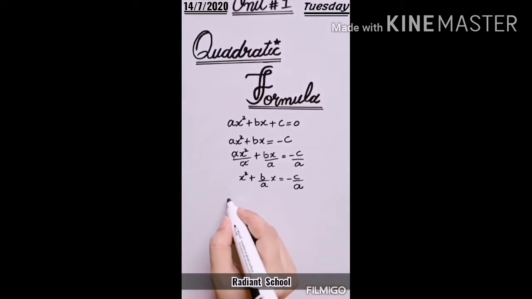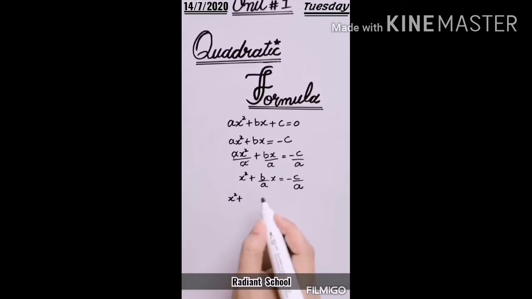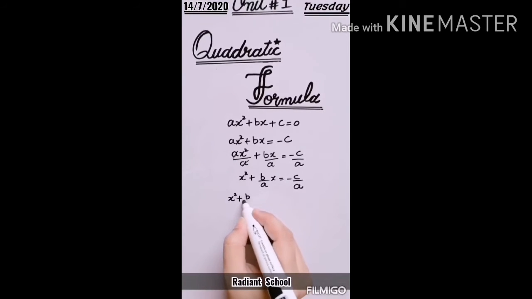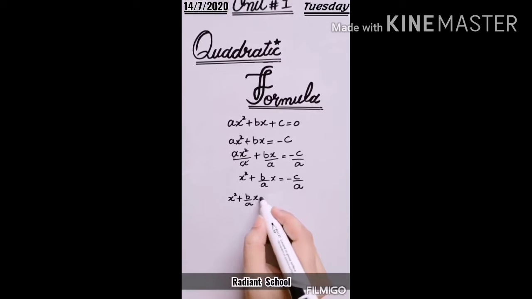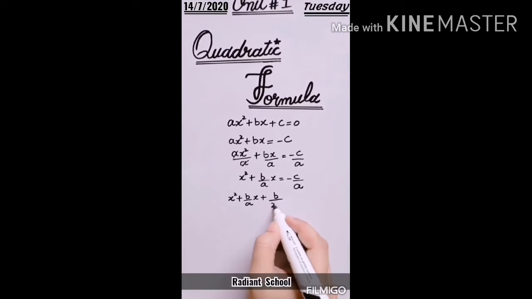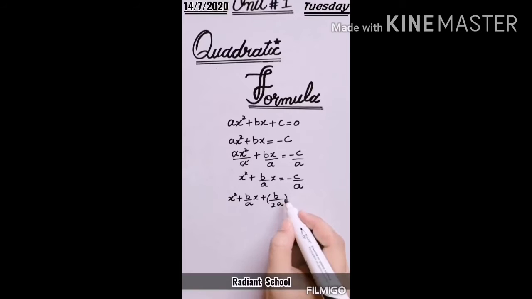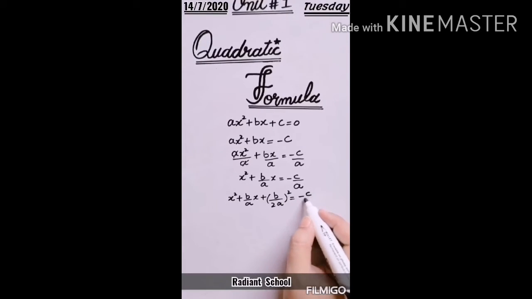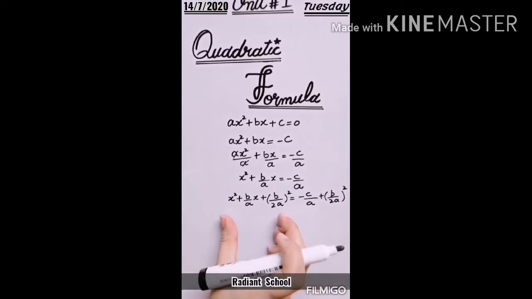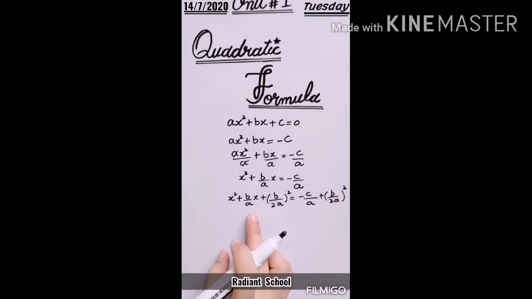The third step is that you have to half the coefficient of x. Half the coefficient of x in rough work, the new number you will get is b by 2a. The new number's whole square you have to add on both the sides. Now you have your formula, a square plus 2ab plus b square will be equal to a plus b whole square.